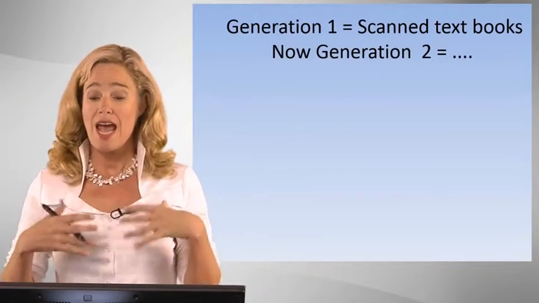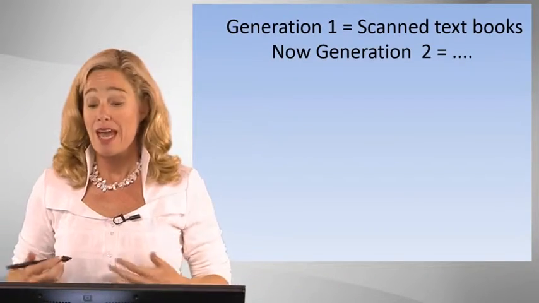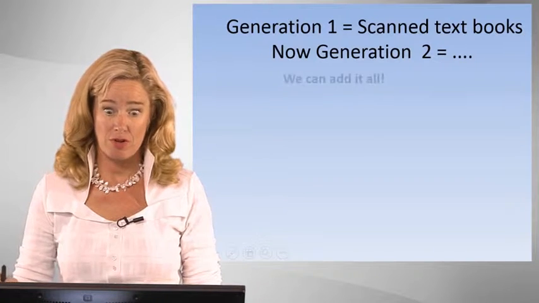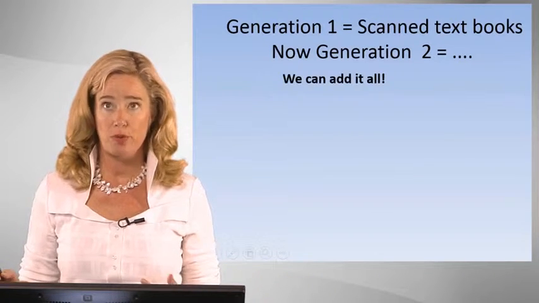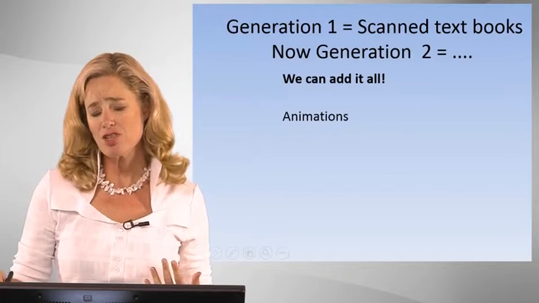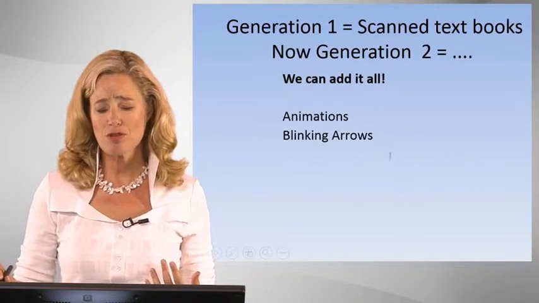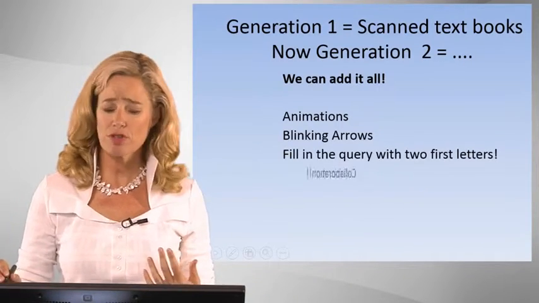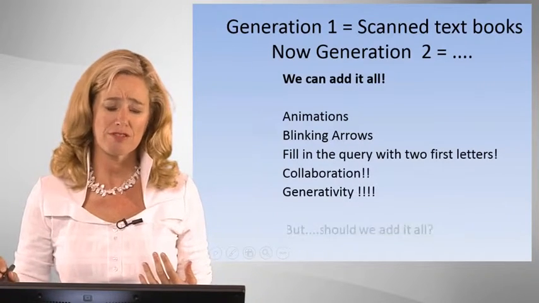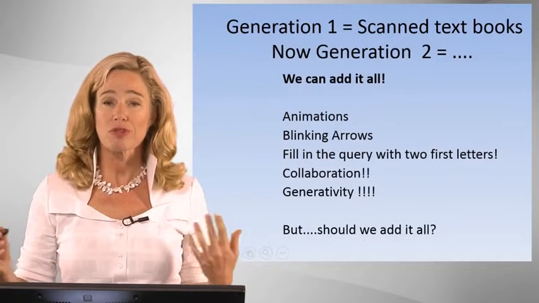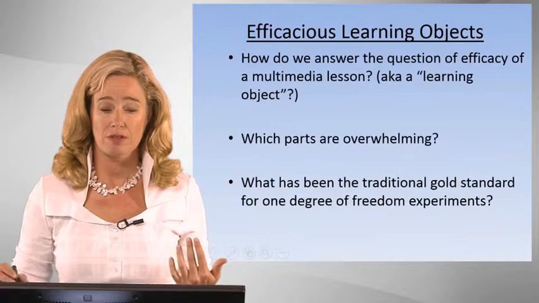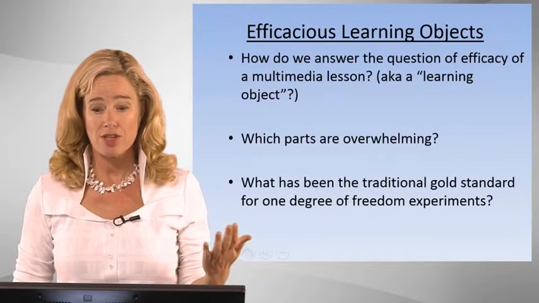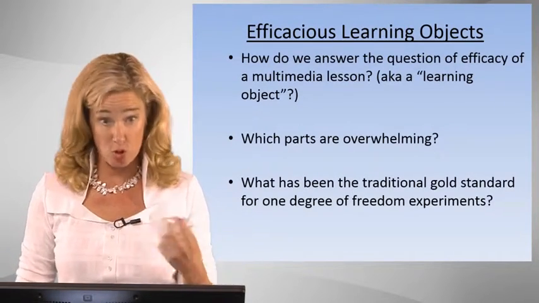Generation 1 had scanned textbooks. And now I would say that we're in Generation 2, right? So what can Generation 2 do? Oh my word, we can just add it all, right? We can put animations in there, we can put blinking arrows, we can fill in the query with only the first 2 letters, we can collaborate, we can have generativity, we can have it all, but really, should we have it all? So what does an efficacious learning object look like now that we have so many tools at our